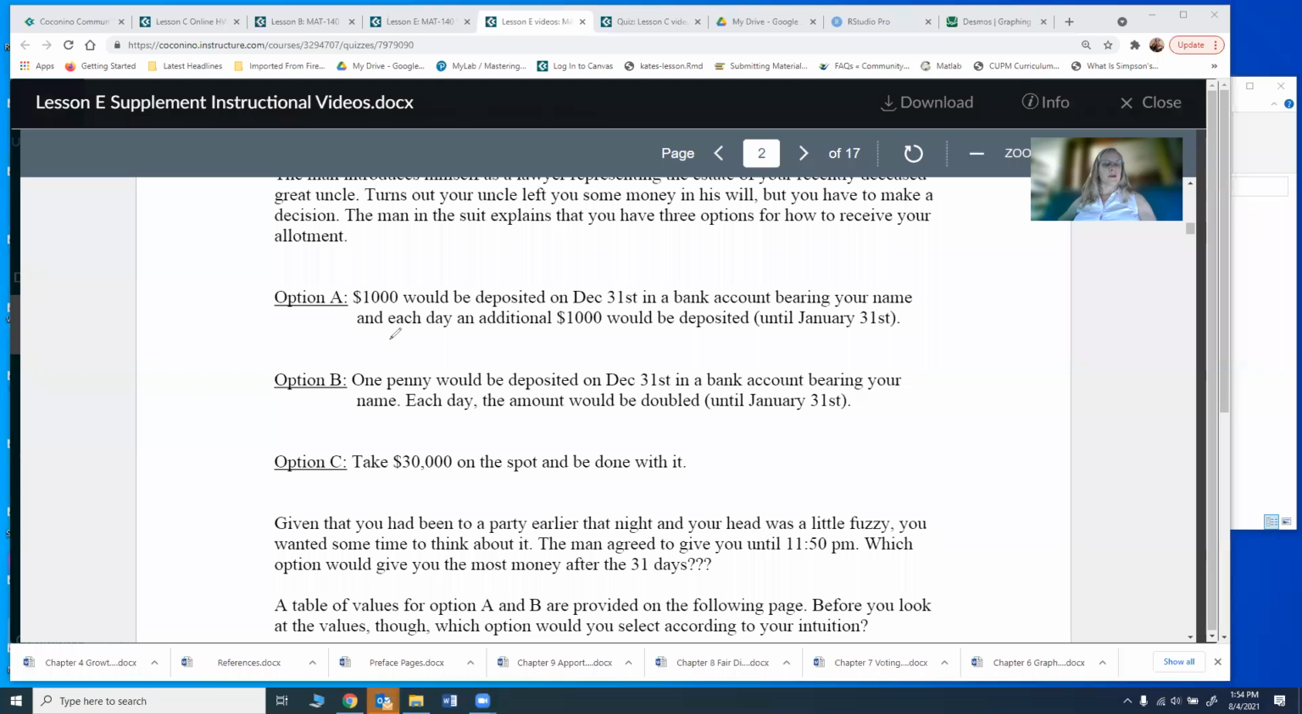So that one would be y is going to equal, we're starting with $1,000. And then we're going to add $1,000 for each day. So if you think of a day as x, so x is your number of days from December 31st, then you've got this equation here. So that looks like the equation I'm going to work with. So let's go to Desmos. We'll first type that equation into